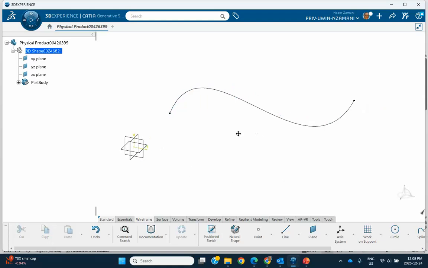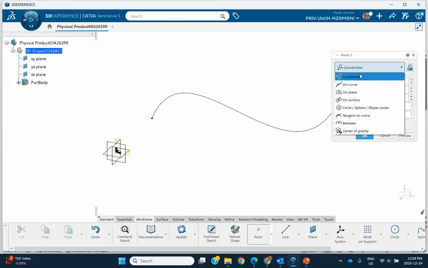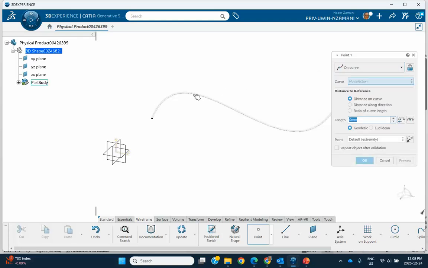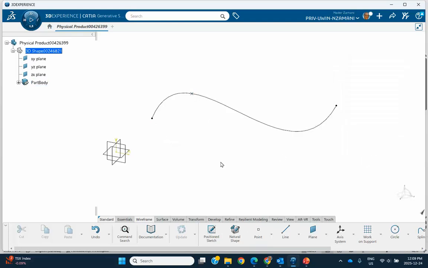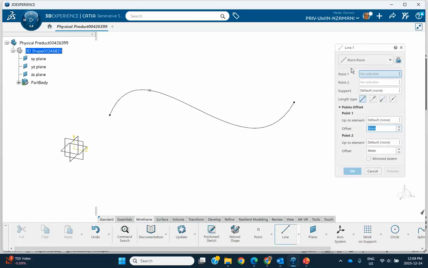All right. And remember this spline was in the YZ plane. Create a point on it. So point on that curve, for example, at this location. Somewhere there. Okay. Now we're going to go to line icon,